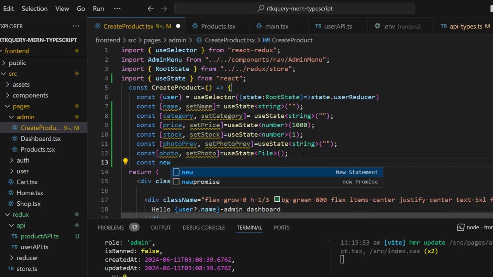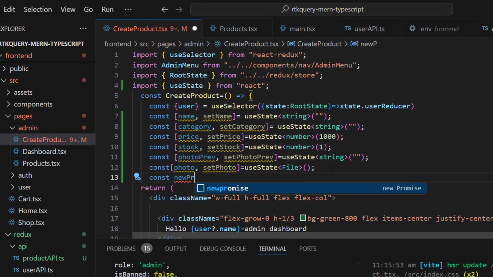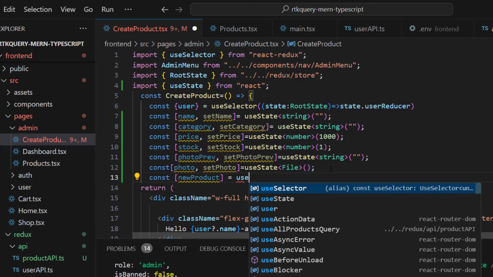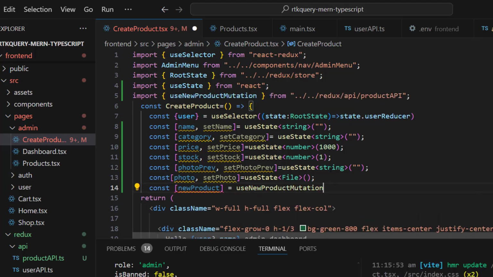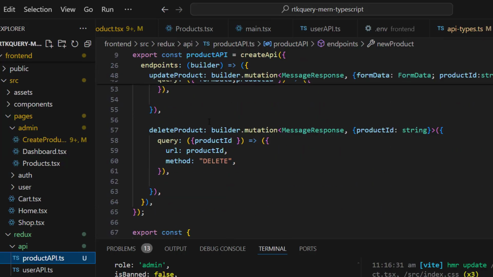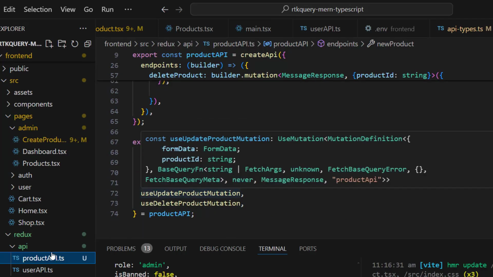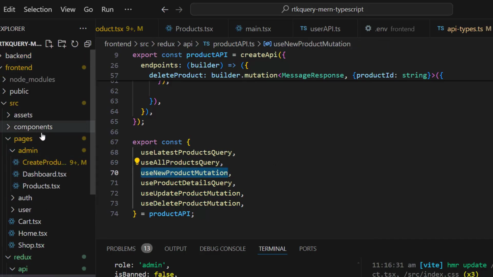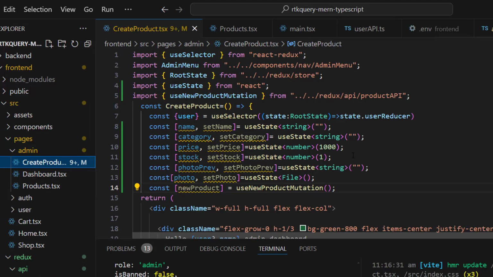Const new product. It's the name from, sorry, use new product mutation. Okay, can you remember? Use new product mutation for creating new product. Use new product mutation. Okay, so we are bringing that,